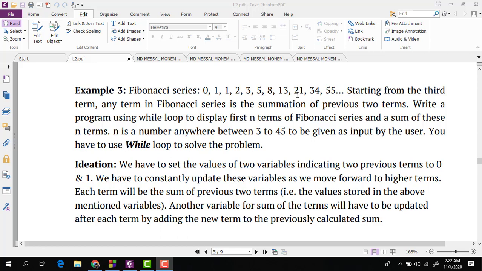So the question asks us to write a program using a while loop to display the first n terms of this series and the sum of these n terms. This n is any number between 3 and 45, and the user will give this as an input. So let's say the user is giving 5 as input. That means we have to show the series up to the 5th term, and also display the sum